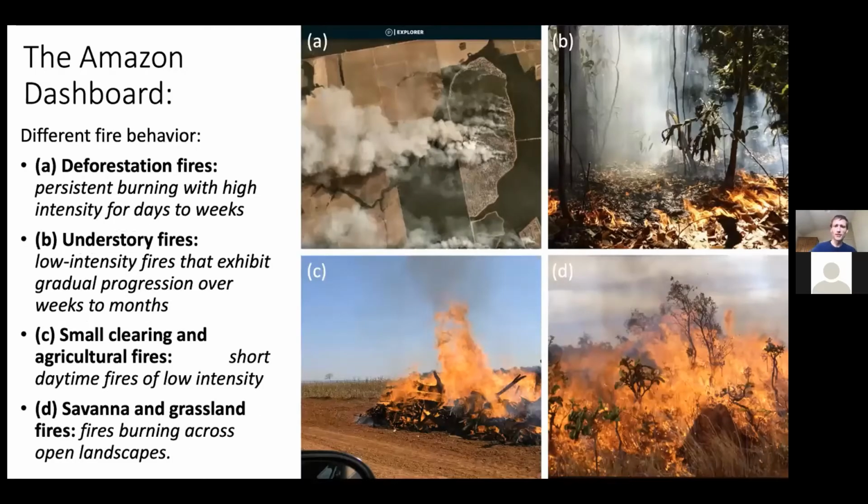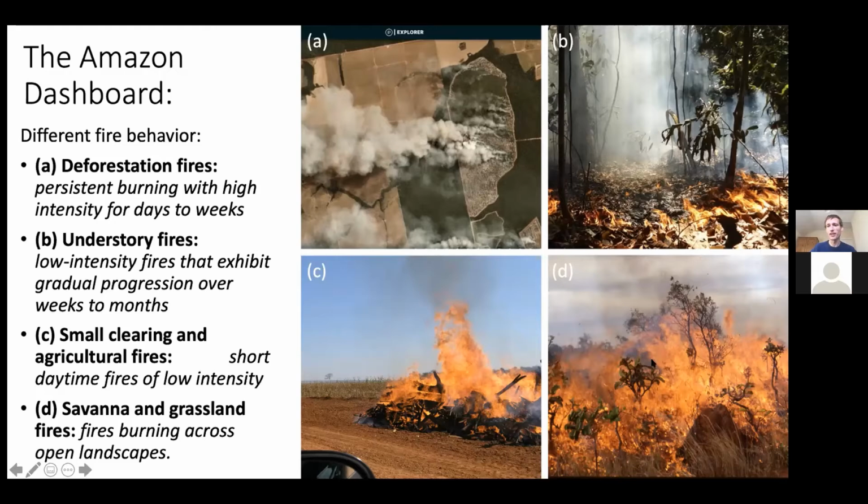So some of the typical characteristics, for example, of a deforestation fire would be that you have this big pile of biomass, and that generates very intense fires with a lot of thermal energy coming off, typically burning across days and days in the same spot. And then on the other hand, we have those very low intensity fires creeping over the forest floor, gradually progressing through the landscape. Very short fires, less than a day, typically burning during the daytime, for example, for some agricultural residue burning,